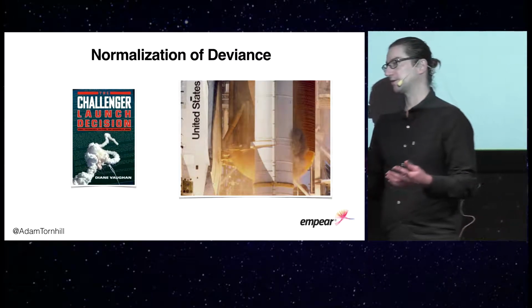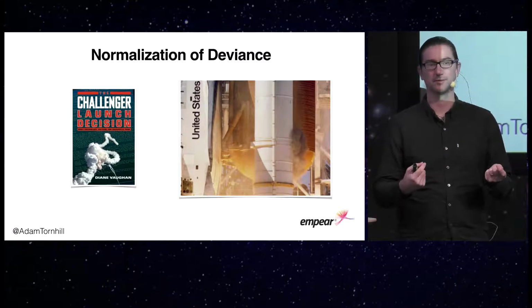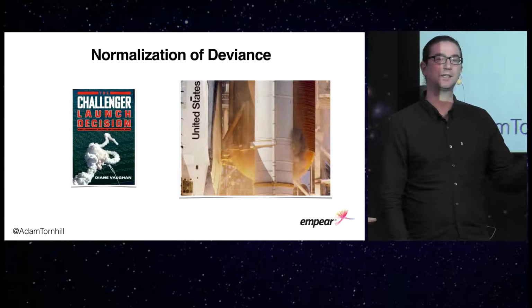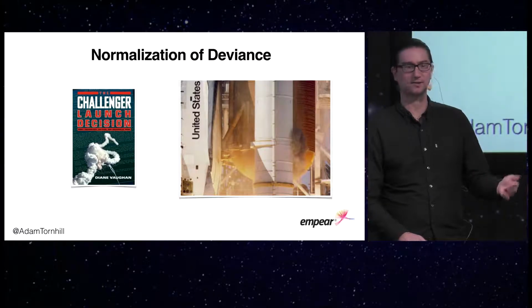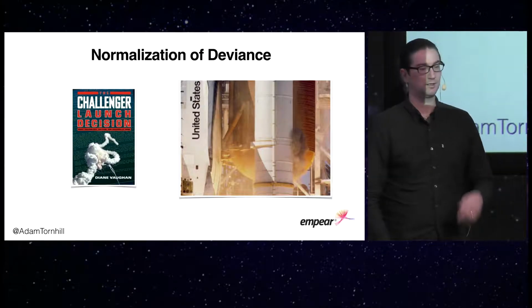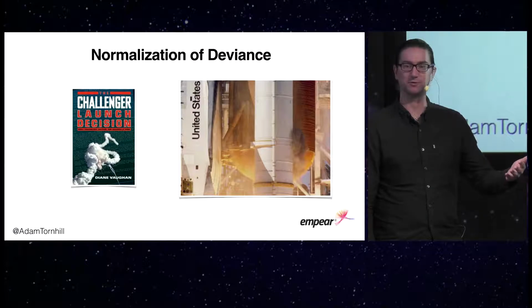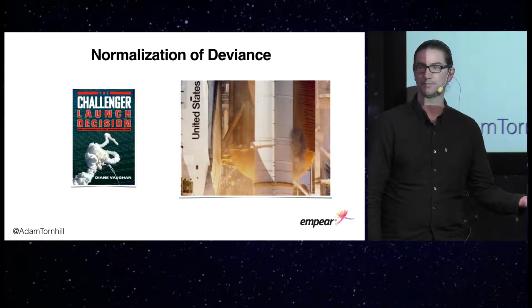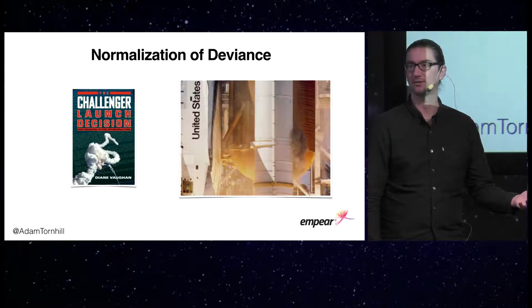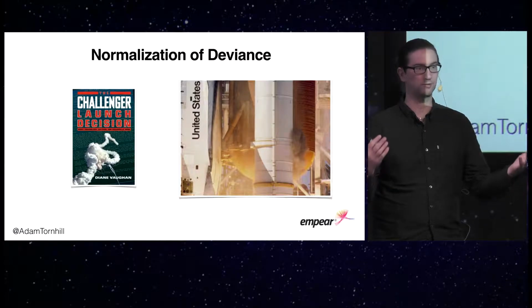And in her book, Diane Vaughan walks us through the history of the design of those solid rocket boosters. And she explains that already back in the early 1970s, where they did the first design tests of the solid rocket boosters, the first thing they noticed was that the actual performance of those boosters deviates from the predicted performance. That's not a good thing if you're going to send something into space, is it? So what do you do when you face a challenge like that? Well, if you're NASA, it's really easy.